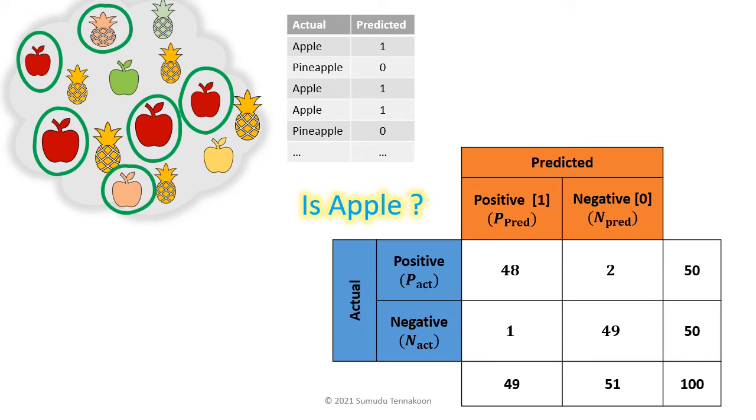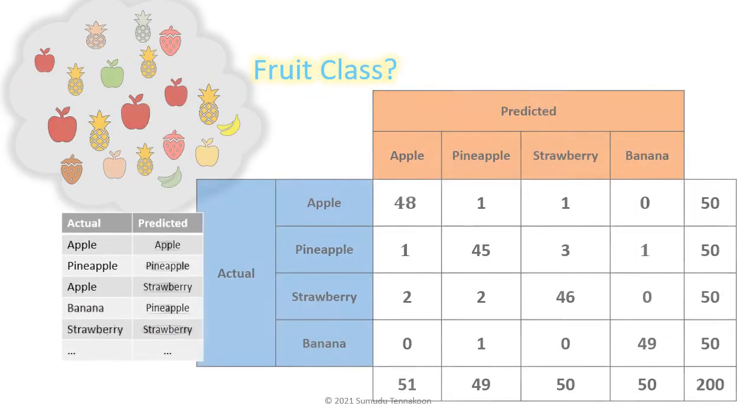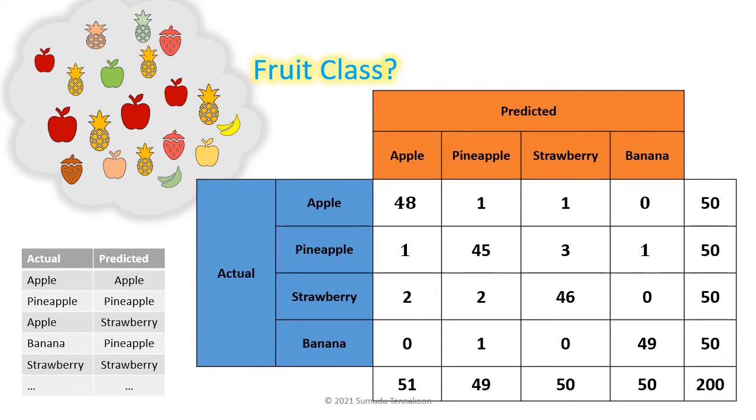Okay. So now let's think. Previously we had a binary problem. The question asked whether it's an apple or not. Now let's think that you wanted to make the problem a little more complex. You want to identify the actual fruit from multiple fruit types, right? Maybe this world or universe has 4 different fruits now, not 2 fruits. And out of that, you want to build a classifier to identify which fruit this is, given the same measurements we made earlier, right? And the same convention, the actual values are in rows and the predicted values are